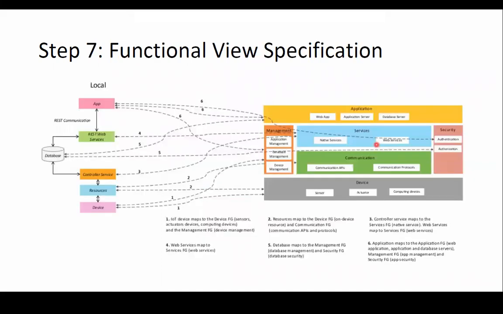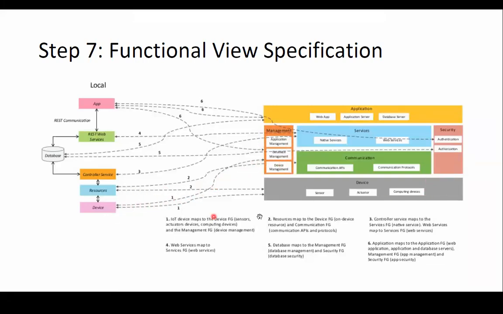This is functional view specification. If you remember these functional views, then this particular IoT level is mapped with the various IoT services. Like the device will be compared with this device level, whereas it will be compared with your management.